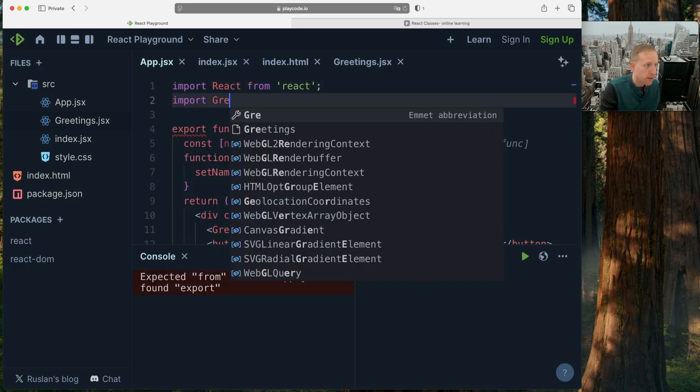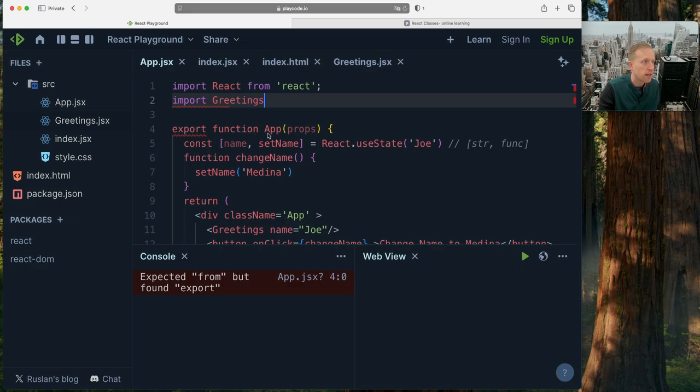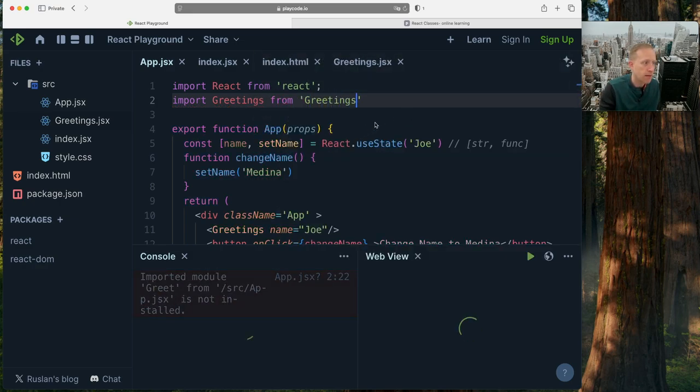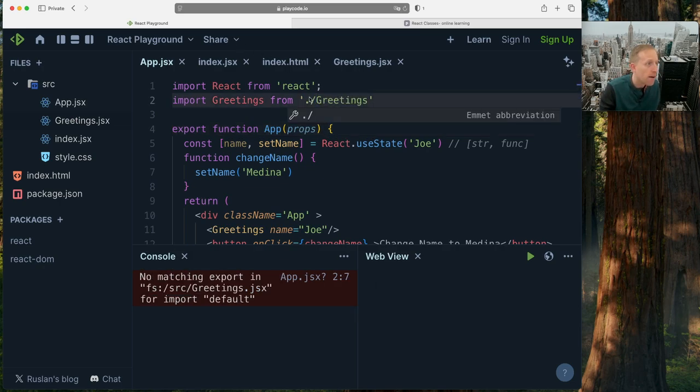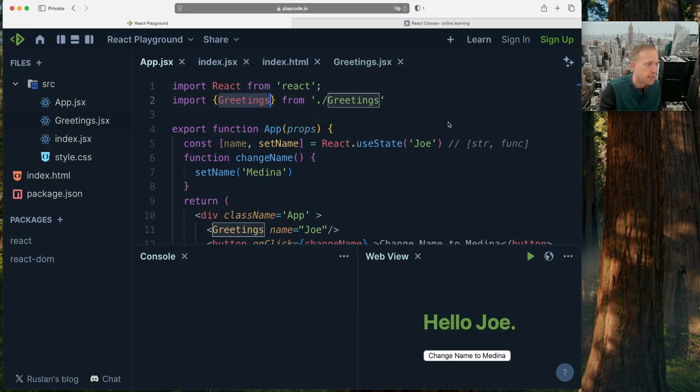Import greetings from greetings. Now it'll be happy. Imported module is not in source. Export. Do I need to squiggly brackets this? Okay, I need to squiggly brackets that. Okay, so